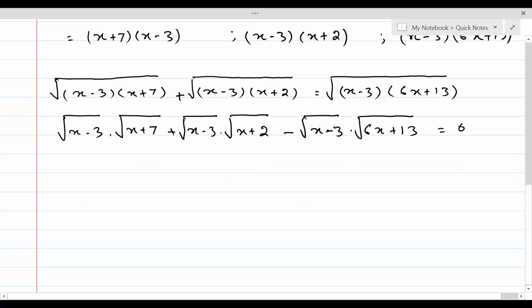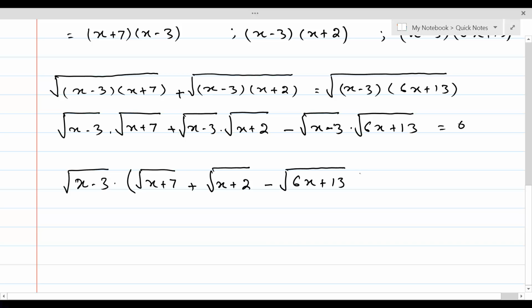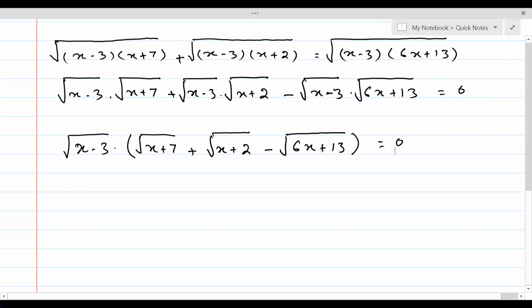And now we can take the square root of x minus 3 common. Square root of x minus 3 times, square root of x plus 7, plus square root of x plus 2, minus square root of 6x plus 13, equal to 0. Since the product of two real numbers can only be 0 when at least one of them is equal to 0, so either